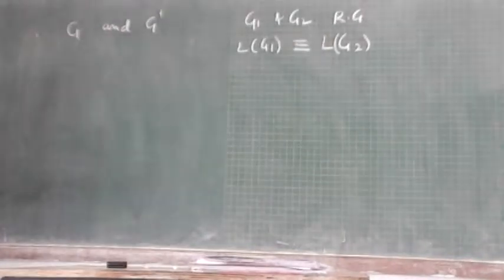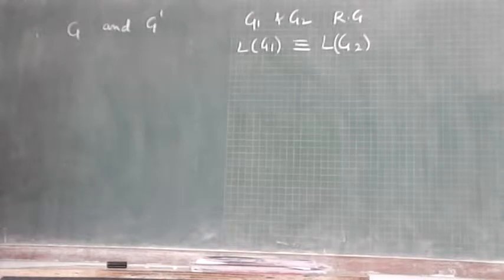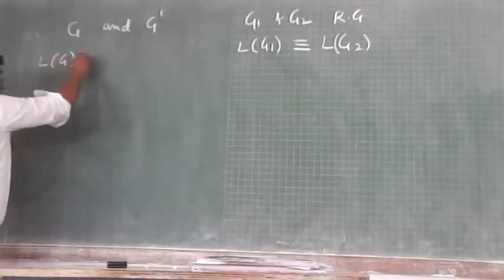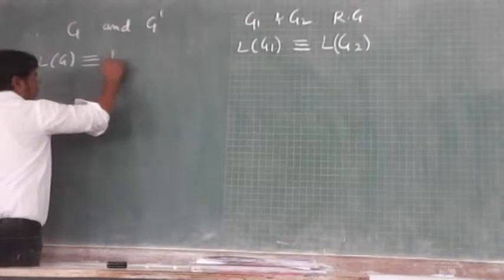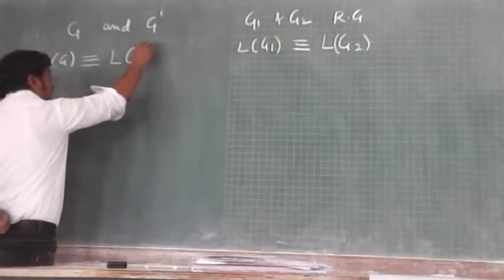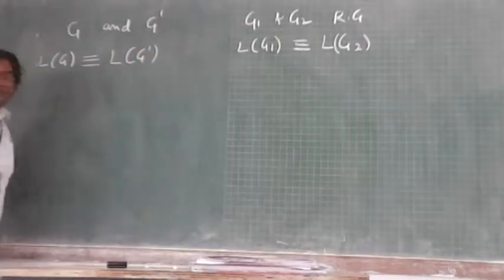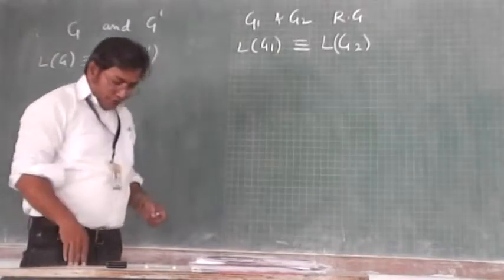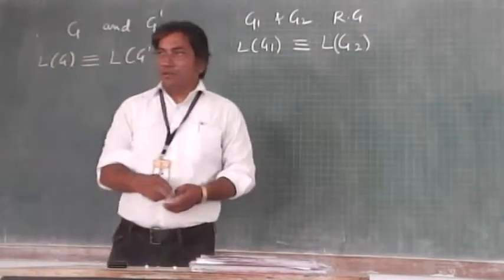When the two context-free grammars G and G dash are equivalent, what do you say? Say the language generated by the context-free grammar G is equivalent to the language generated by the context-free grammar G dash. When these two languages are equal, in that case we say these two CFGs are equivalent. Okay, on the basis of this equivalence, we are going to see the definition for the purpose of